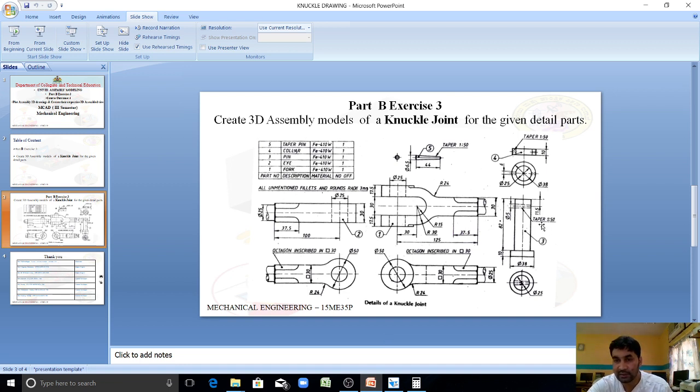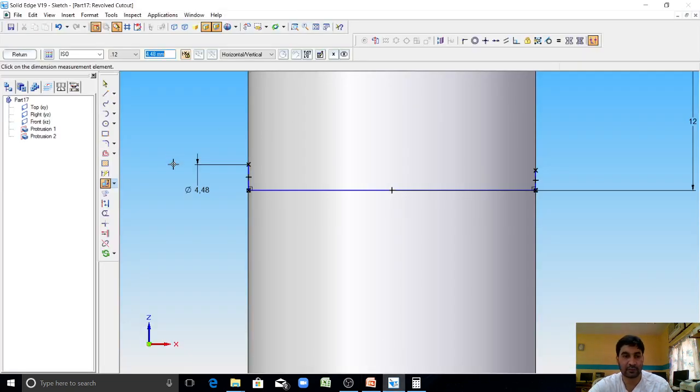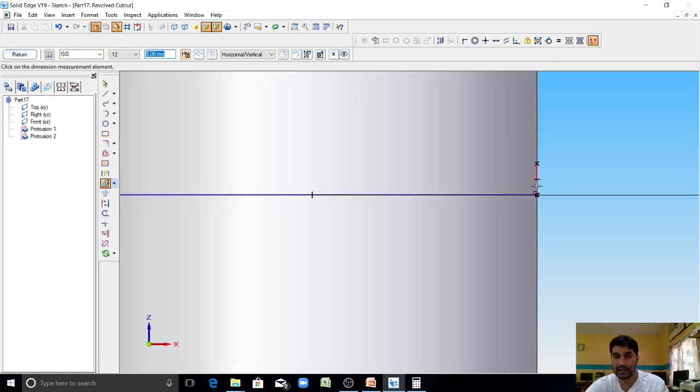It is a taper hole of taper 1:50. That means for 50 mm, 1 mm taper. Similarly, we have the length of this as 25 mm. So the taper will be half of 1 mm, that is 0.5 mm. So that means 5 mm dia here and 4.5 mm dia this side. So this dia should be 5 mm, and this dia, using the symmetric option from here to this end point, should be 4.5 mm.